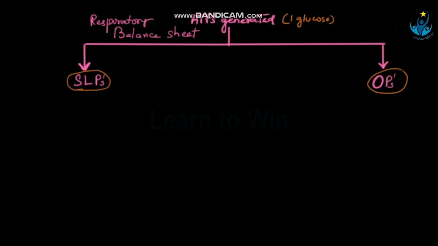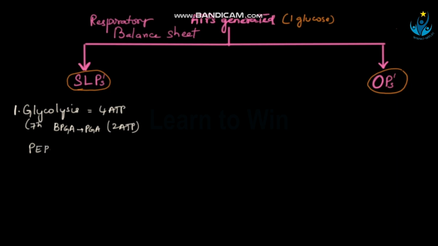Now, under substrate level phosphorylations, the first step we will talk about is glycolysis. In glycolysis, 4 ATP are generated under substrate level phosphorylation. In step 7, that is the conversion of bisphosphoglyceric acid to phosphoglyceric acid, you will have 2 ATP. And in the 10th step, where phosphoenol pyruvate is converted into pyruvic acid, you get